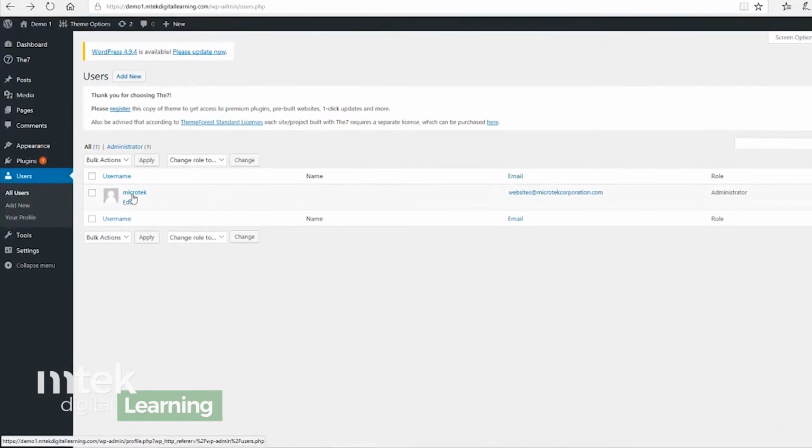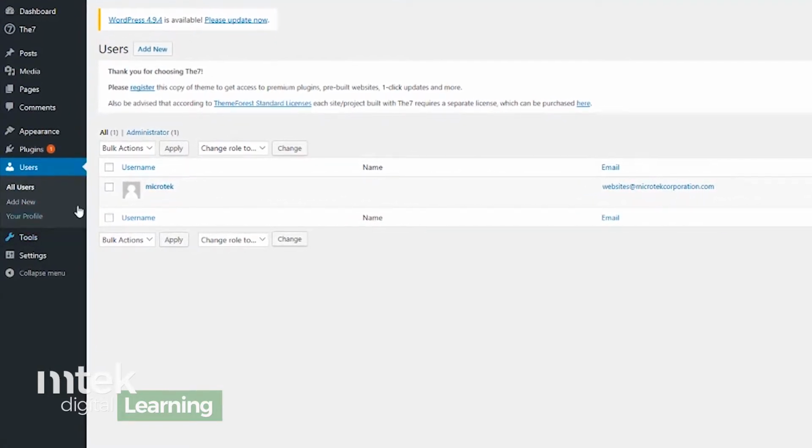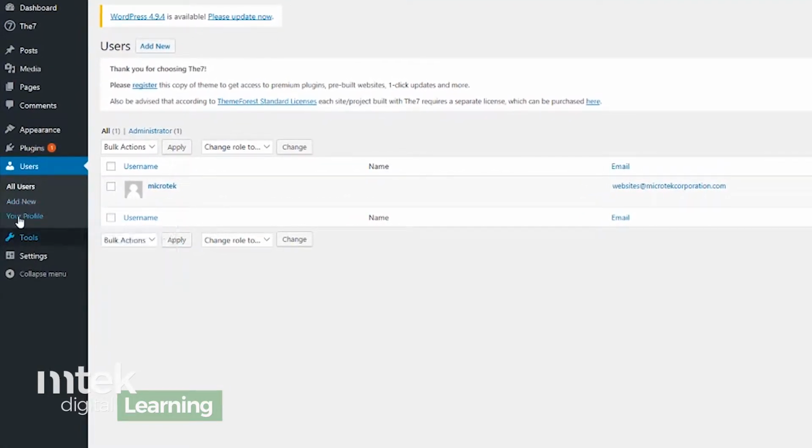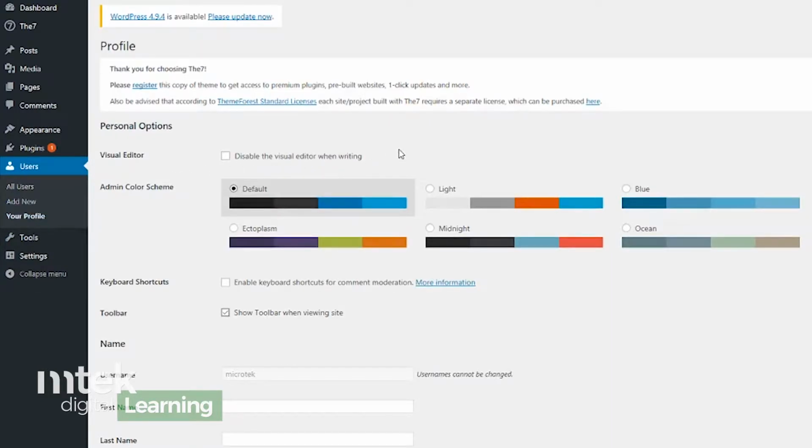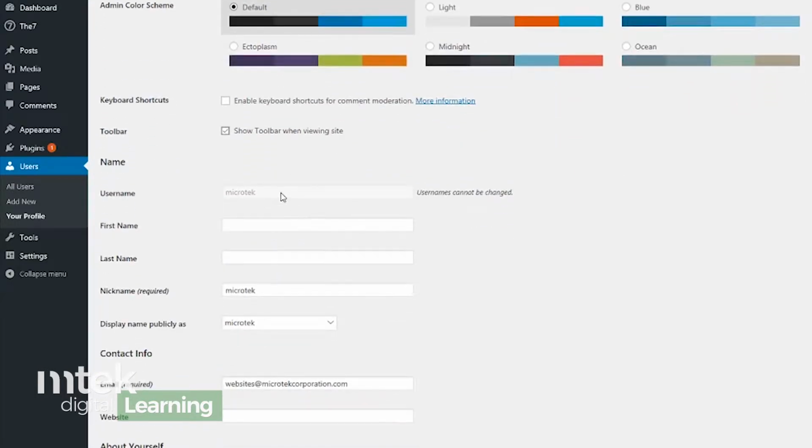If I wanted to edit this particular user and change some information, so you noticed on the left menu we had the option for your profile. Well, that's what this is. If I click this, it's going to go into the profile of this particular user and it's going to show their username. You can create a first and last name for them. It's not required that they have that. They do require a nickname. And if I were to create my name here as the first name, so when I publish a blog post and everyone can read it, at the very bottom of the blog post, often you'll see a writer or the author of that post and some information pertaining to them. So that is what this means.